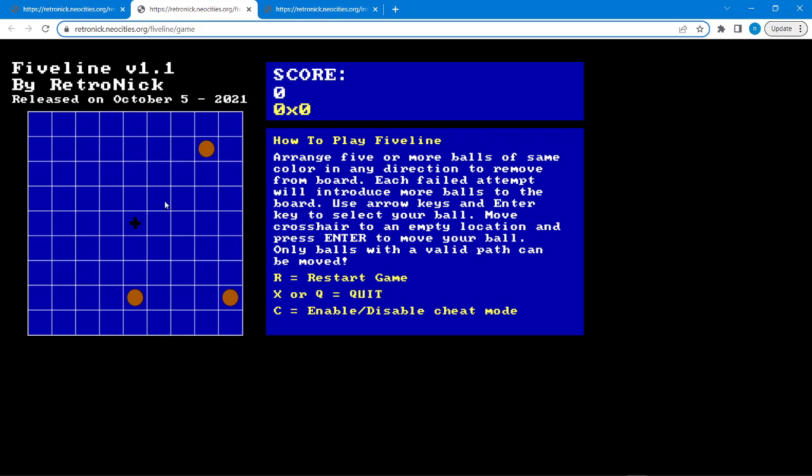So this is called Five Line. The object of the game is basically move pieces around to connect five in a row. So let me just do a little demonstration here. So we got 4 brown pieces going diagonally, and if I move this one,